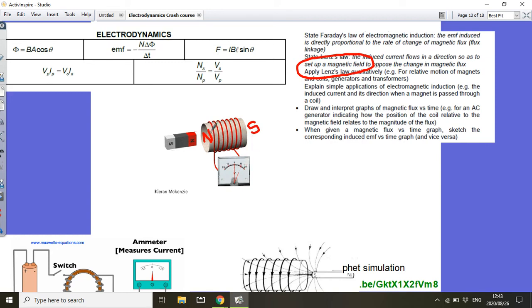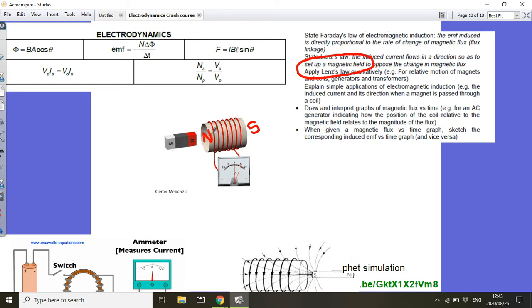So what's happening now is I am creating this by inducing an EMF that is causing a current to be created. So it will only happen while the magnet is moving. If the magnet is just standing still, nothing is going to happen. So the magnet has to be moving into the coil or out of the coil